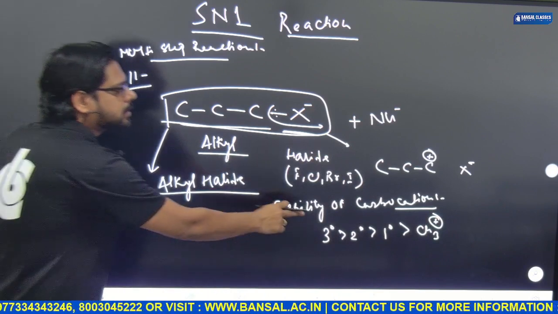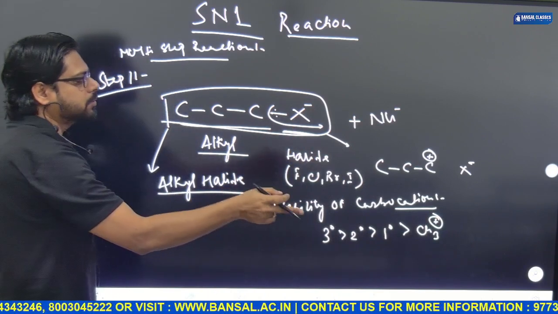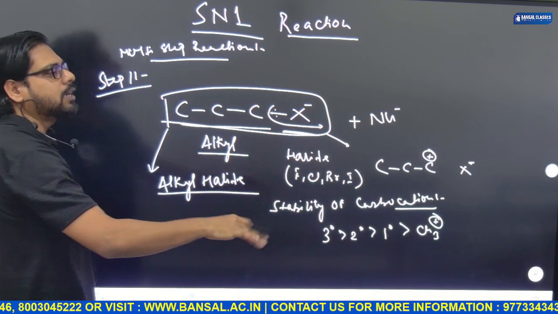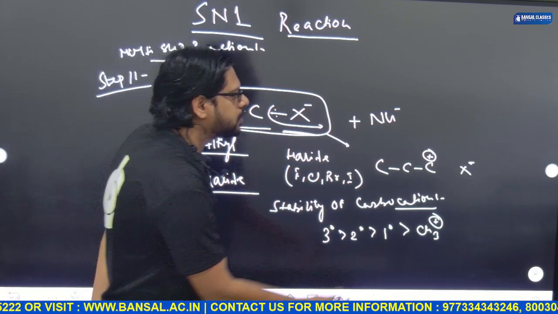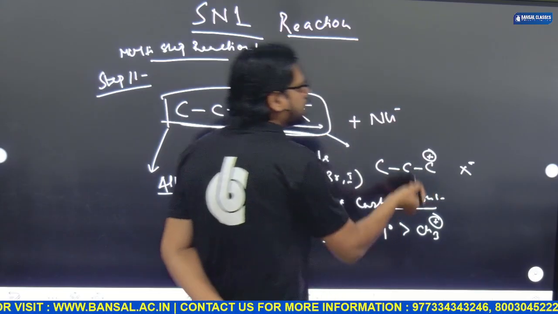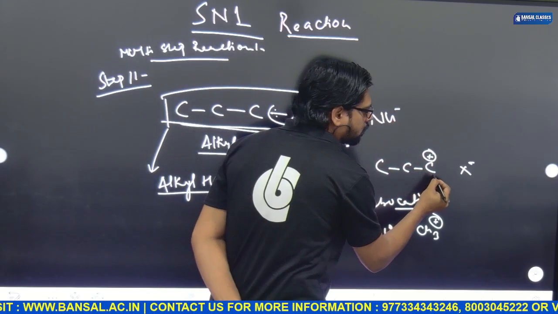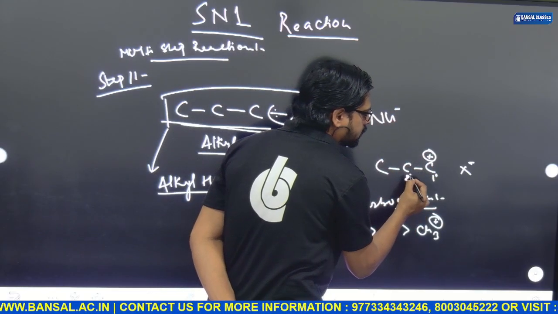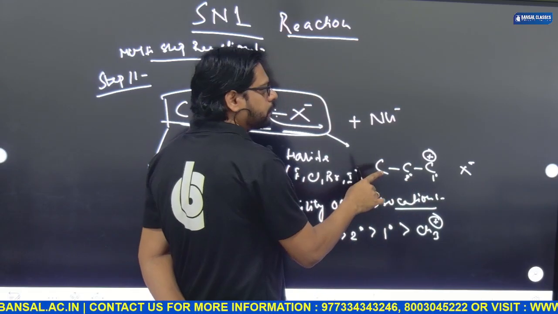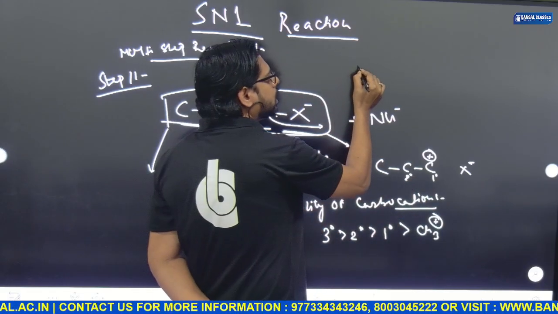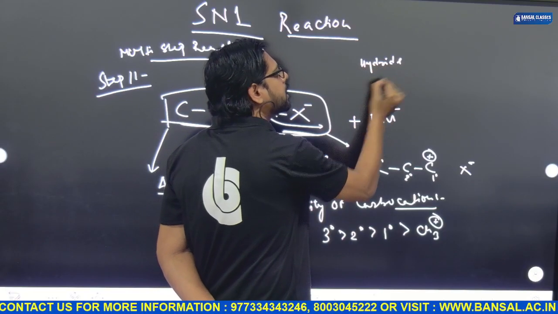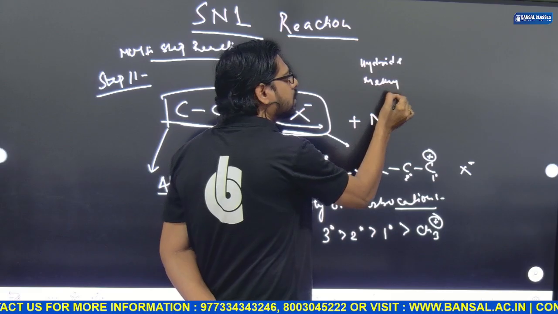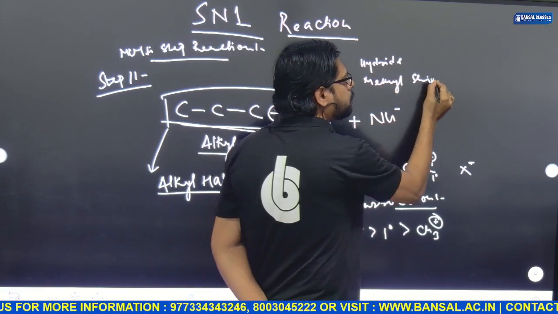It means 3 degree carbocation will be more stable than 2 degree, then 1 degree, and least stable will be methyl. So basically what we are seeing over here, this is a 1 degree carbocation, this is a 2nd degree carbocation. So basically we all know that there will be a hydride or methyl shift,